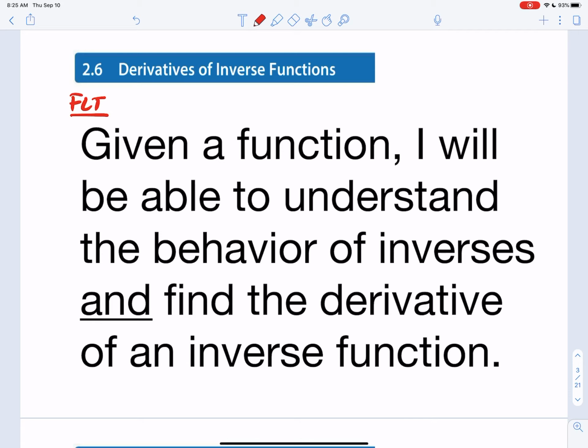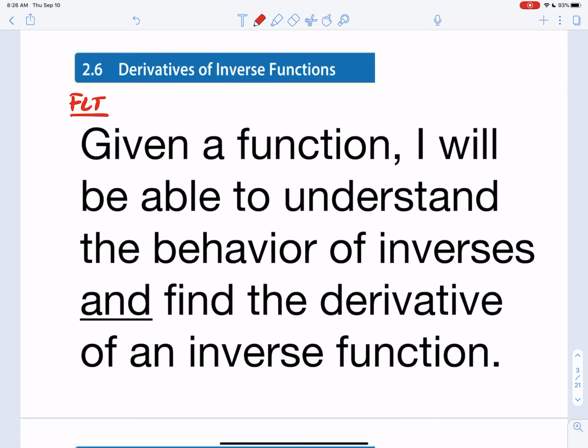Given a function, you're going to be able to understand the behavior of inverses and find the derivative of an inverse function. So if you haven't noticed, this whole unit is focused on finding a derivative. You guys are learning all these techniques, right? You're learning the product rule, the quotient rule, the chain rule. You're learning how to take the derivative of an implicit